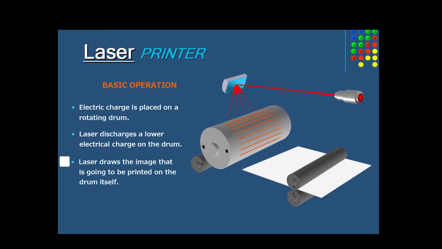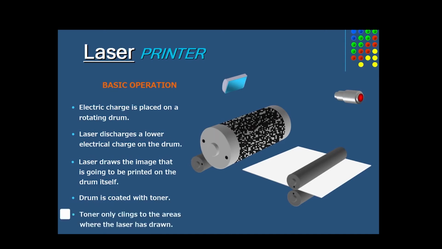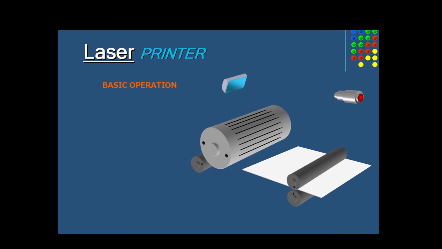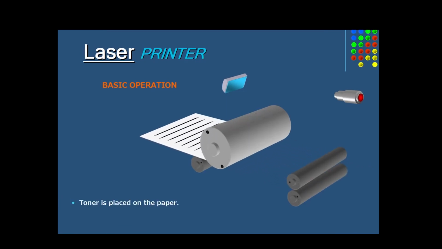Using patterns of small dots, a laser beam conveys information from the computer to a positively charged drum, causing areas of it to become neutralized. From all these areas of the drum which become neutralized, the toner detaches. As the paper rolls by the drum, the toner is transferred to the paper, printing the letter or other graphics on the paper. A hot roller bonds the toner to the paper.